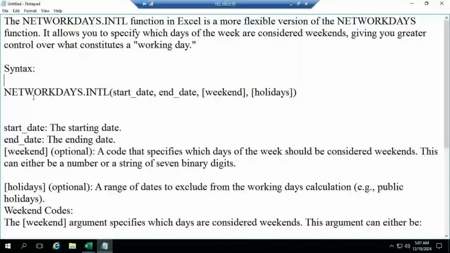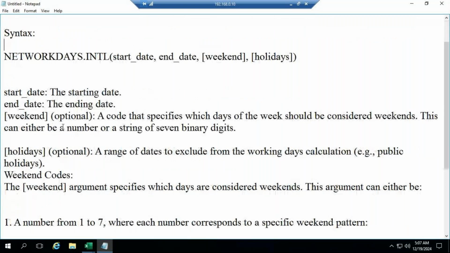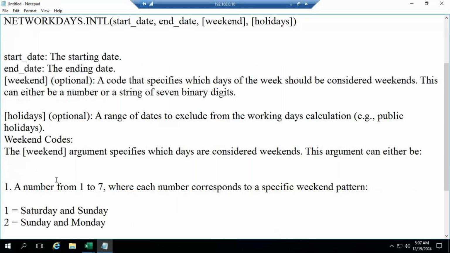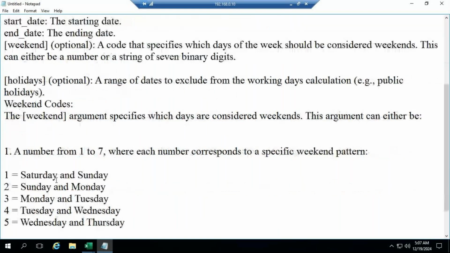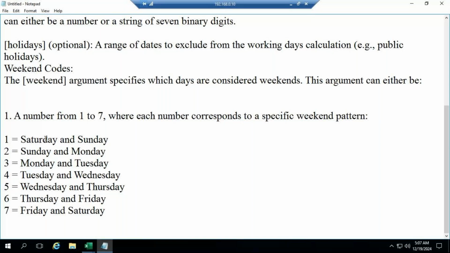So the syntax is NETWORKDAYS.INTL, start date, end date, weekend, and holidays. Start date is the starting date, then end date. For the weekend, if you want only Saturdays, you can select Saturdays. If you have Saturday and Sunday both, it can be selected. And any public holidays you have. So Saturday and Sunday is code 1. Sunday and Monday,